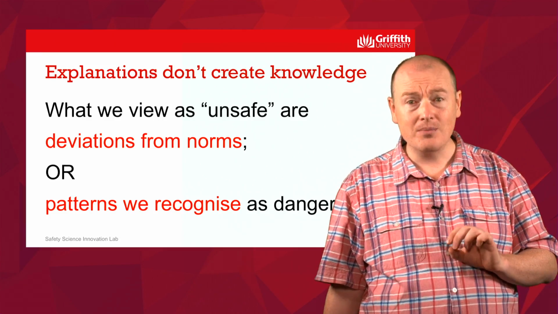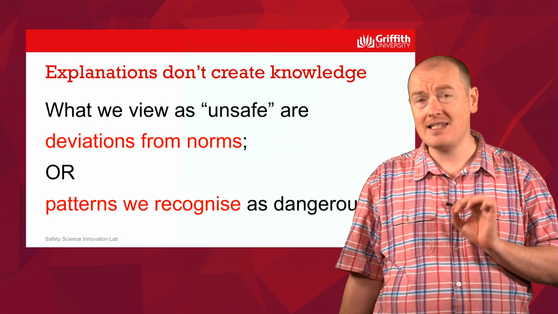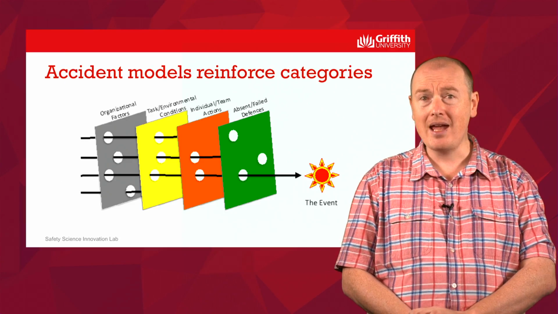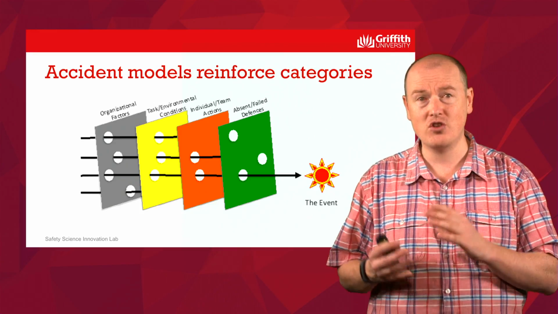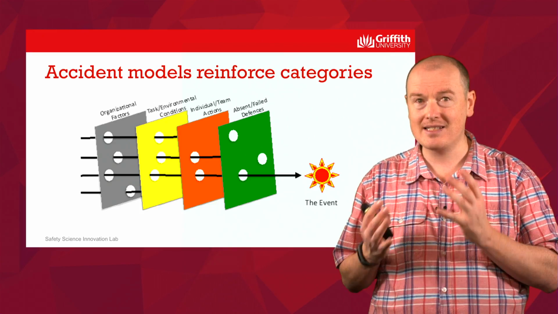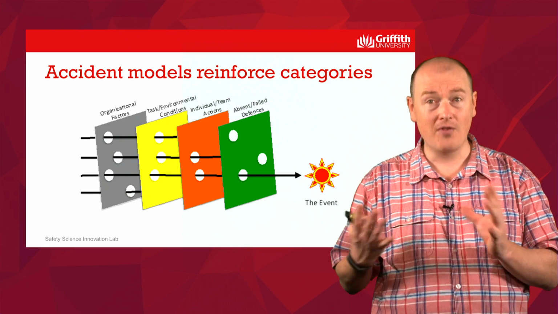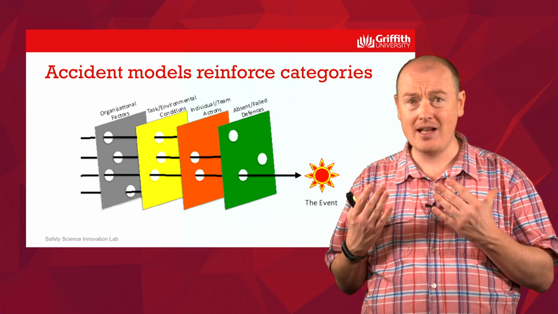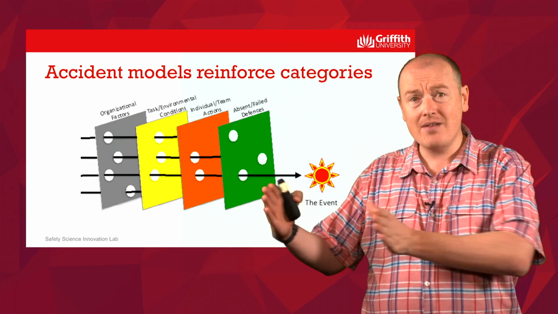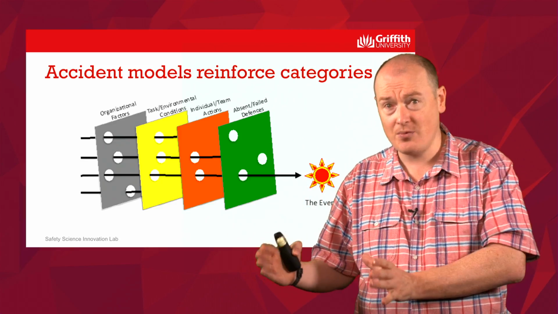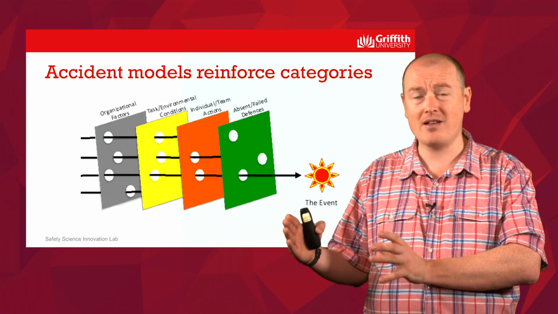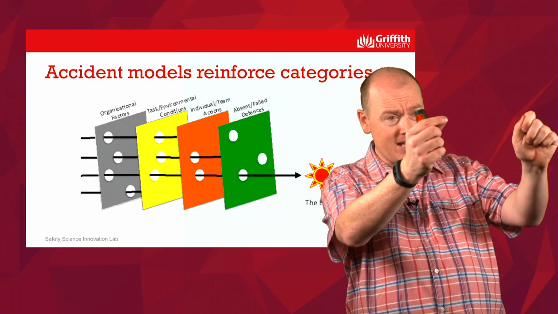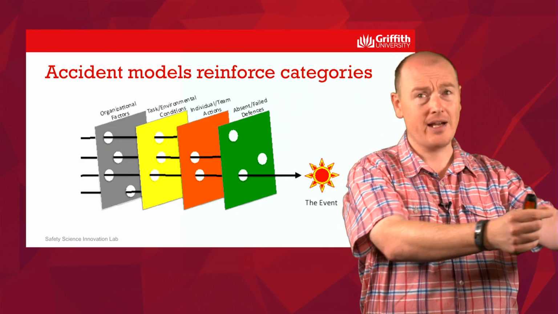And in fact, what accident models do is they give us a set of categories to choose from. Accident models, in fact, just create different categories. Some of them give us human error, some of them give us team actions, some of them give us the environment, some of them give us unsafe acts, unsafe conditions, some of them give us different organisational factors. But all they're doing is they're giving us this big bucket of explanations that we can choose from. And you would think of these buckets almost as like Chinese fortune cookies. We pull out an explanation, we compare it to the accident in front of us, and we apply it.